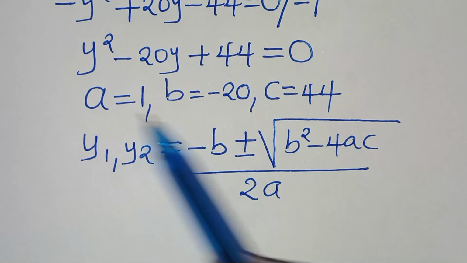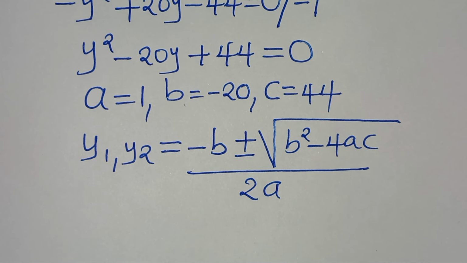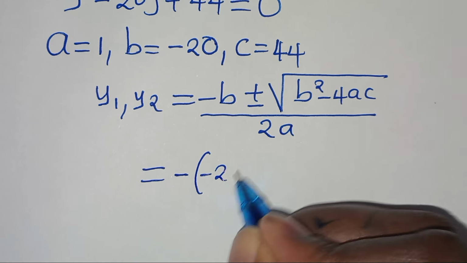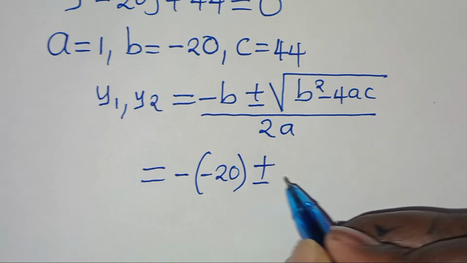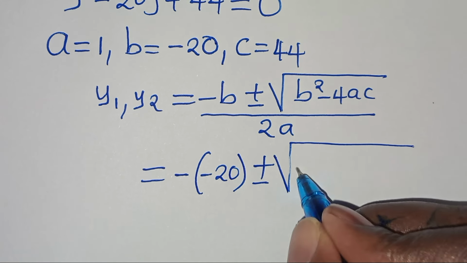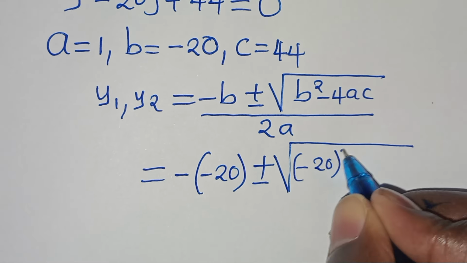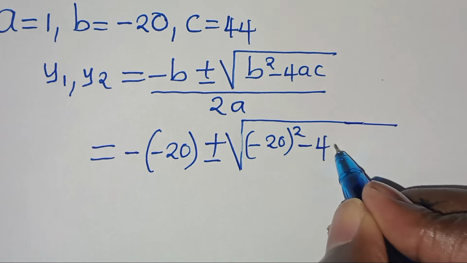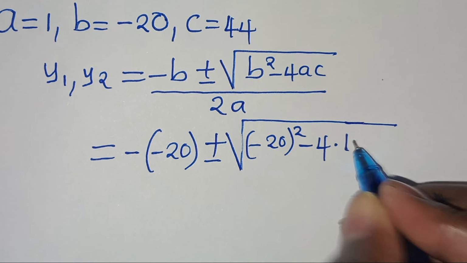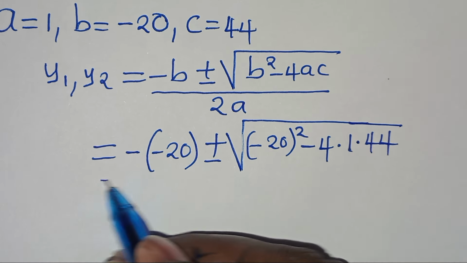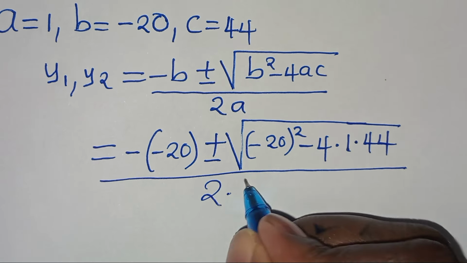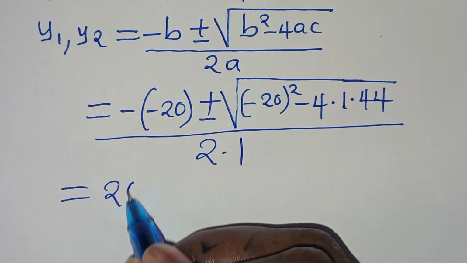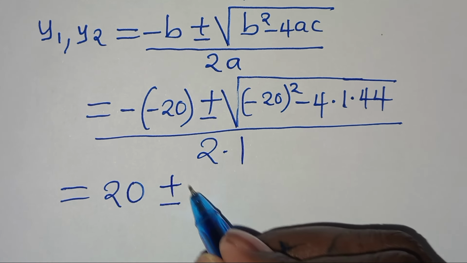Now let's substitute a, b, and c in this formula so that we have minus 20 plus or minus the square root of minus 20 to the power of 2, then subtract 4 multiplied by a, which is 1, then times c, which is 44, everything divided by 2 times 1. So minus times minus 20 is 20, plus or minus the square root of